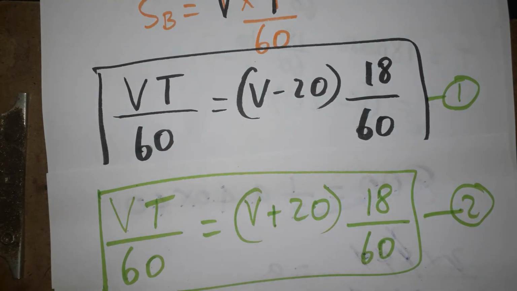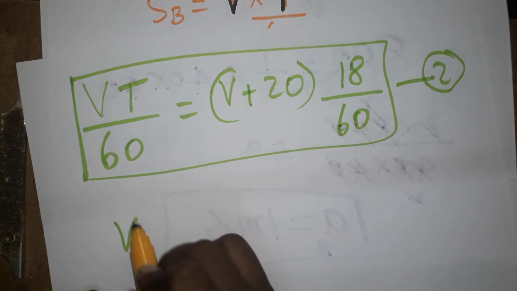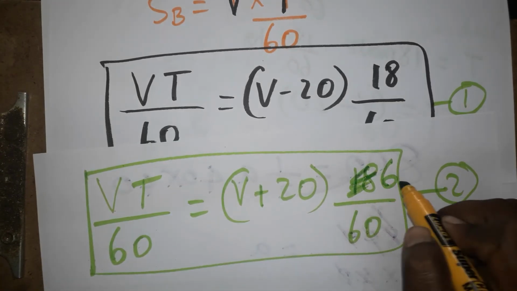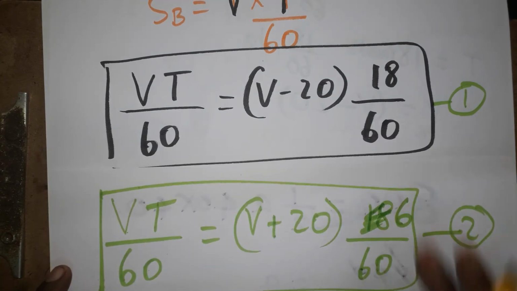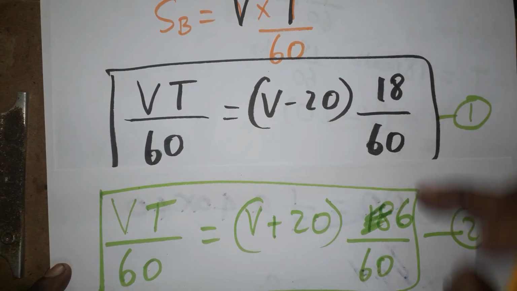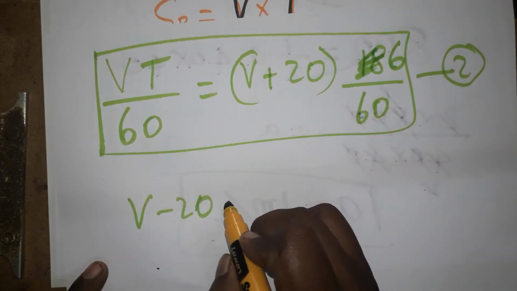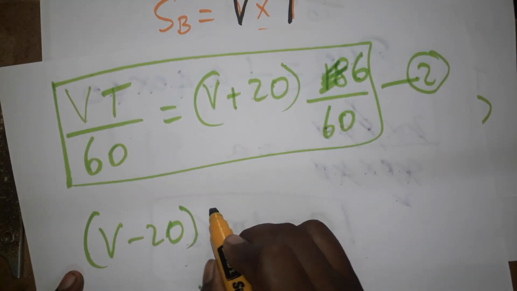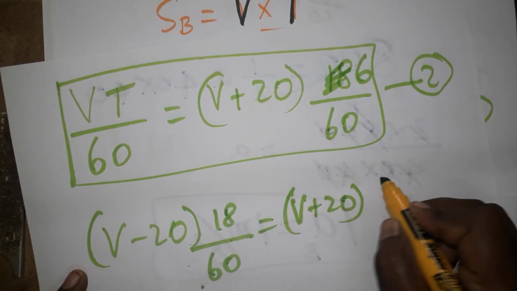Okay, the time period is constant, the displacement and time from A to B is constant. So you can equate this to V minus 20. Sorry, it is coming back in the opposite direction in only 6 minutes. If you are converting 6 minutes to hours, it's 6 divided by 60. In the same equation you should change 18 to 6, plus 20. In the opposite direction only 6 minutes is taken. So when we equate equation 2 and equation 1: (V minus 20) times 18 divided by 60 equals (V plus 20) times 6 by 60.